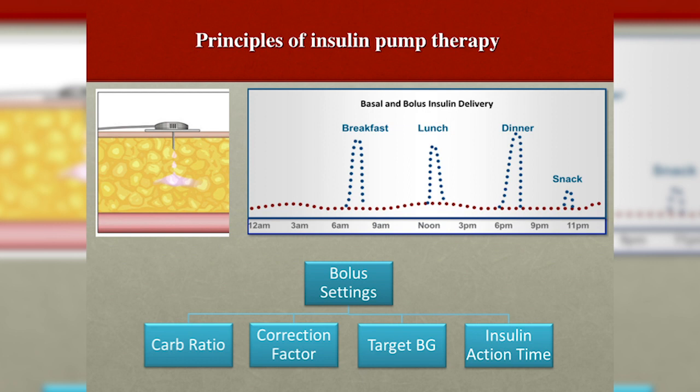It sort of trickles this tiny amount of insulin every few minutes. And then when we eat, we spike and produce extra insulin to cover the meals. So this is what the pump does, but it can't do it automatically, unfortunately, yet. So we're trying to make those devices, but we're not there yet. So we're manually entering how many carbohydrates an individual is eating, and the pump does the calculation of how much insulin to deliver to cover the meals.